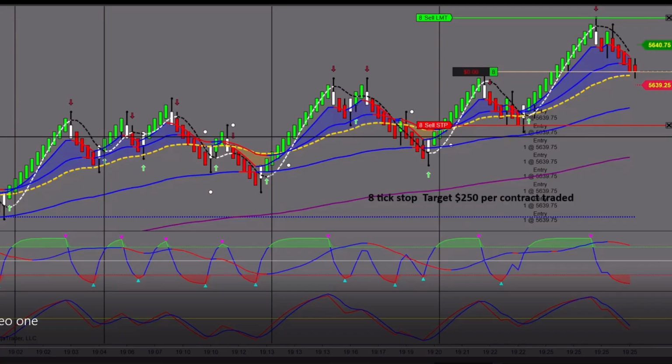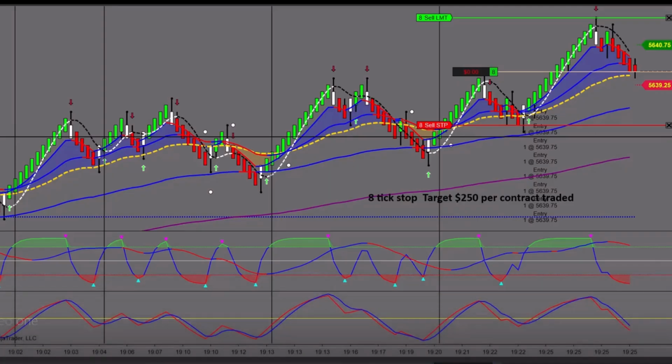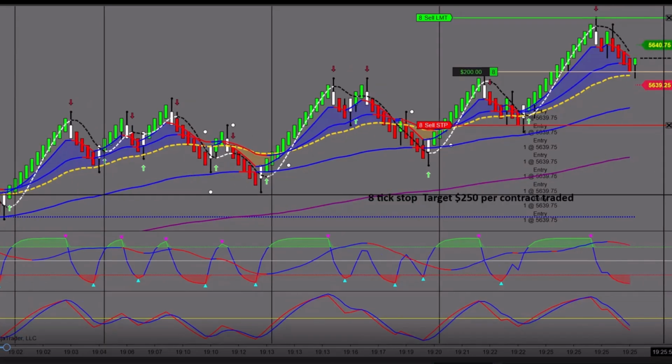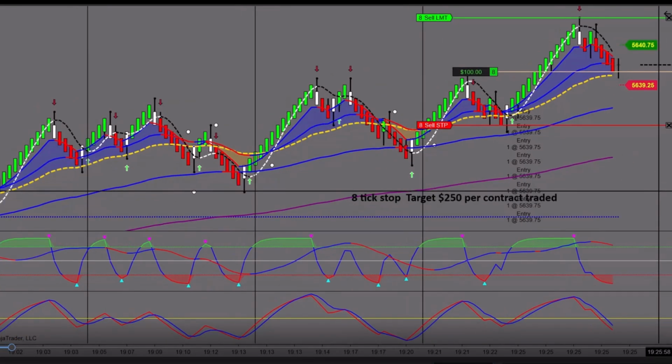The market then went bang. I was filled, it hit my target, and I wasn't filled, it hit it right to the tick. So it had an 8 tick target, as you can see there. So what you probably just missed, the market went bang as I was hitting record, and it hit